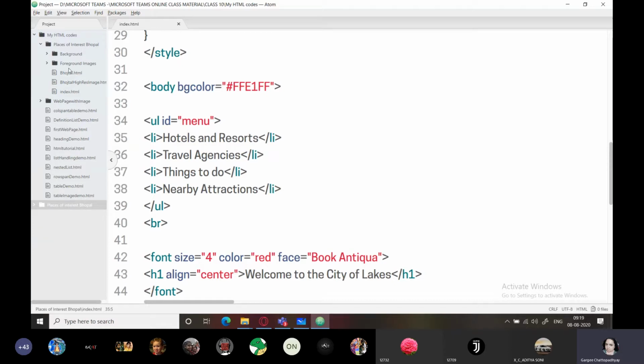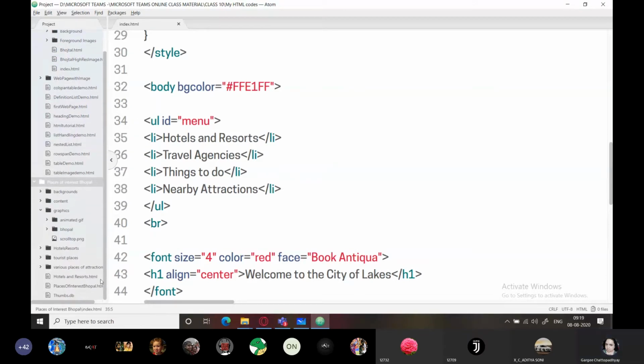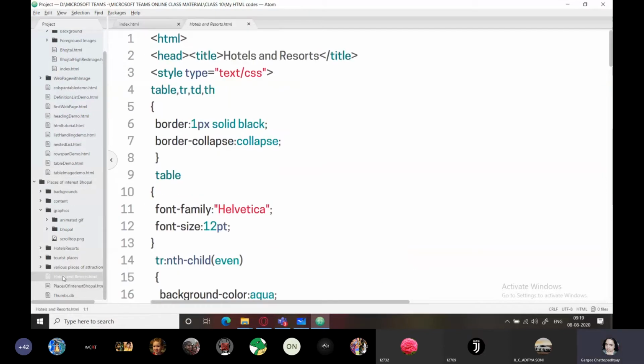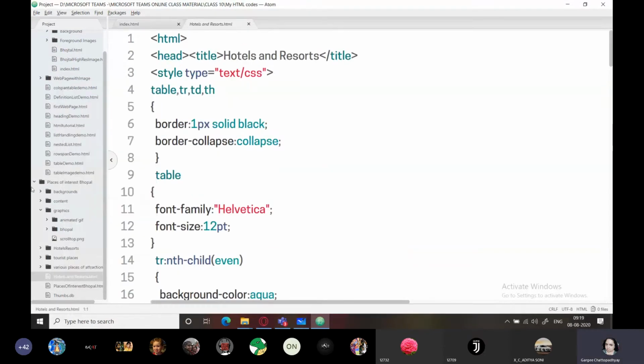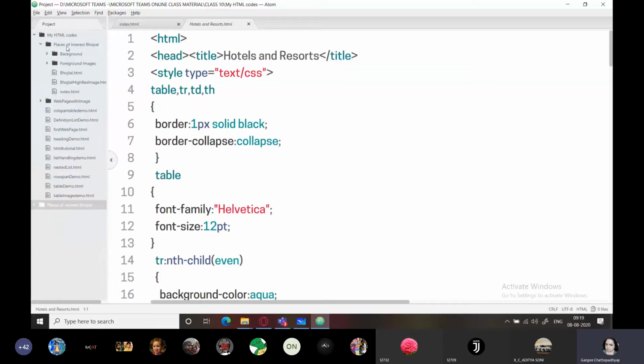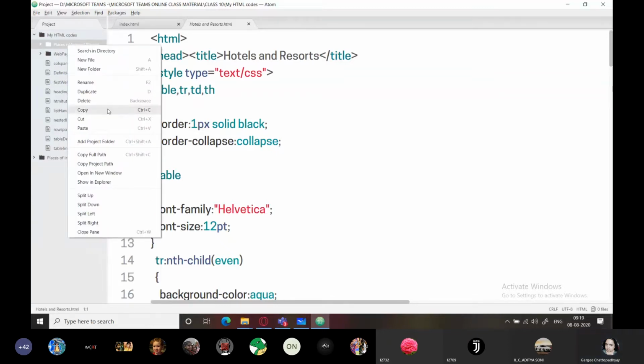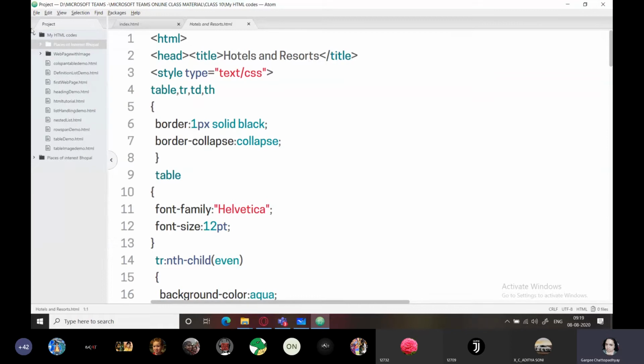Right now, for hotels and resorts, I will copy the one already created here, and later on I'll tell you. This is hotels and resorts. I'm going to copy this for the time being and paste it over here. Here I have pasted it, so I get this hotels and resorts.